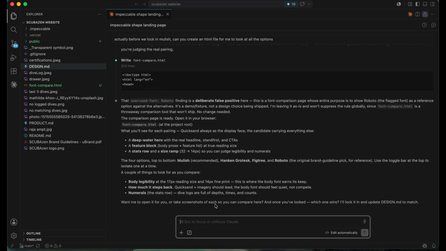One way to counter this, before we get to this state, if I missed it, would be in the init command we did in the beginning. Just say, hey, there's flexibility on all of these branding kit items. If there's anything overused or that we want to change, let's change it now. Optional to do that, obviously, but it gave me a list of 4 or 5 fonts. And I don't know fonts. I don't know what they look like. So I asked it to build me an HTML so that I can compare it.